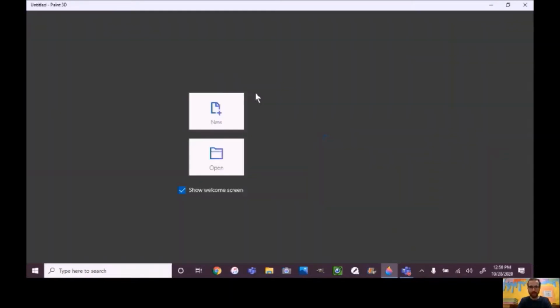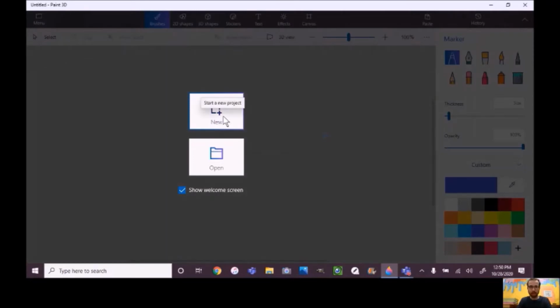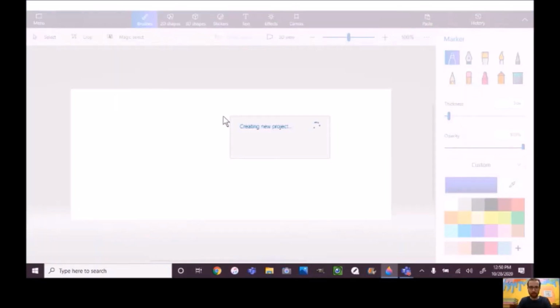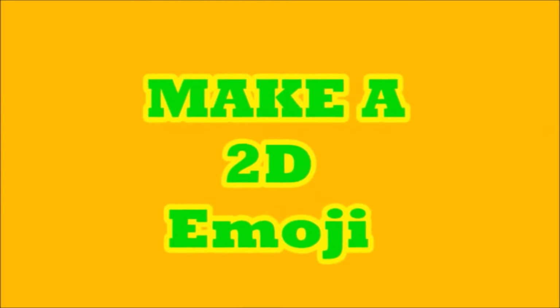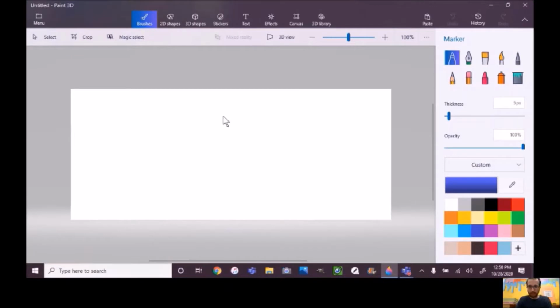When it opens up, it's going to ask you, do you want to open a file, or do you want to create a new file? I am going to create a new project and start something new. So, like I said, we're going to be creating an emoji. So we're going to start by making a 2D emoji, and what that means is I'm going to make something